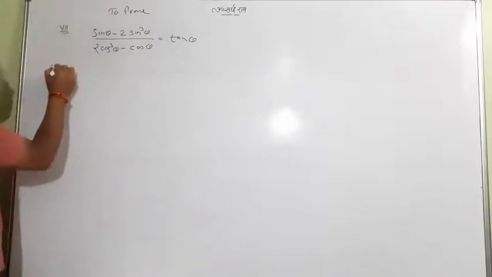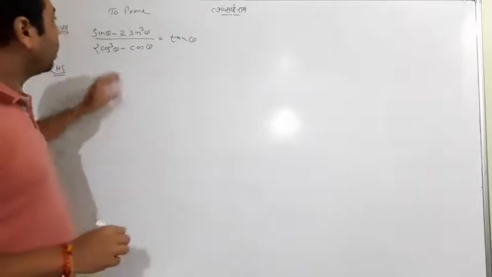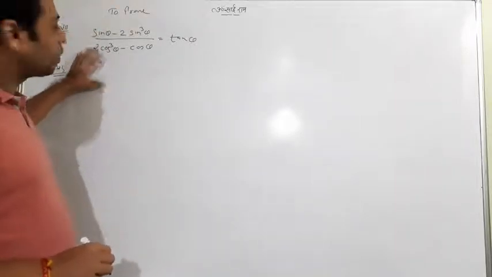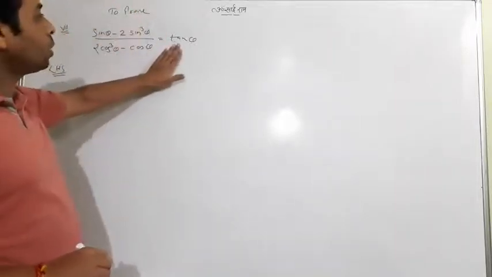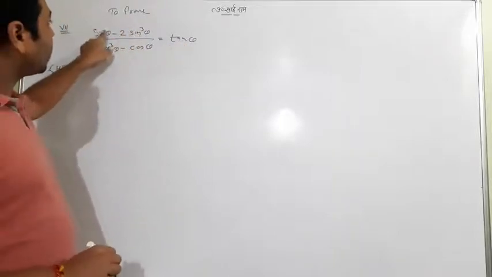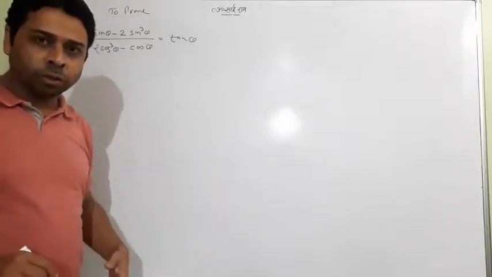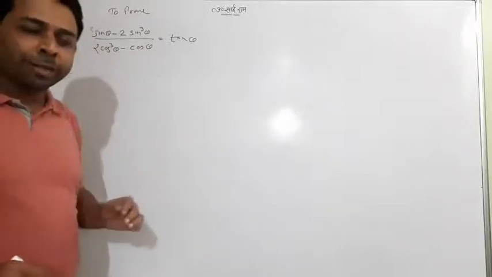All questions have the same basis, to prove. We always take the LHS, and I don't want to write LHS again and again. This is the LHS copied. I want tan theta as the answer. The terms are already in the form of sin and cos, so we need not convert. What is the simplest method?